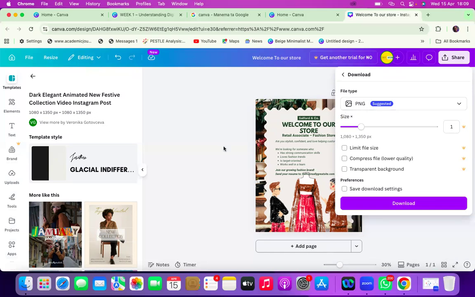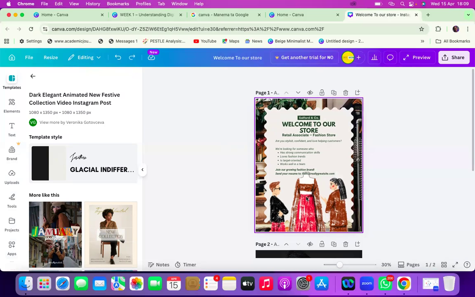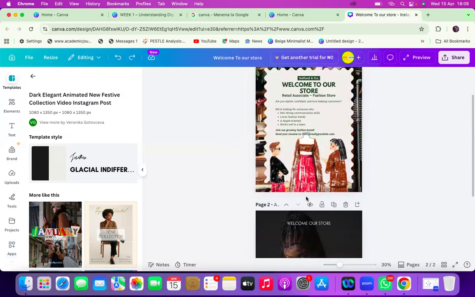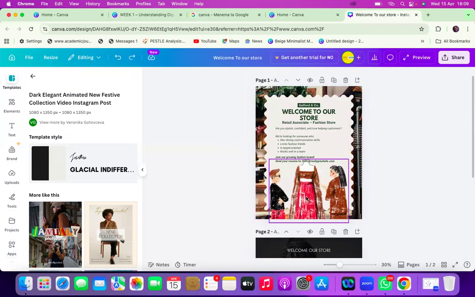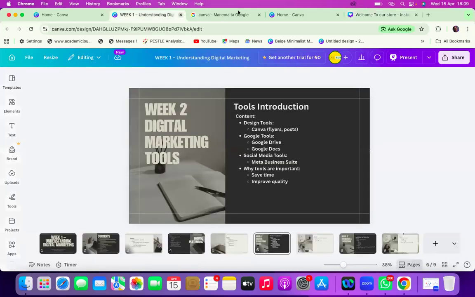So another thing again is you can pick which one you want. Either you want the video or you want the image, do you understand? So that's how it is done. So let us go newly to proper video content